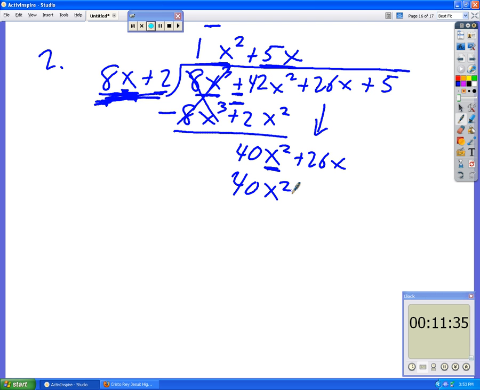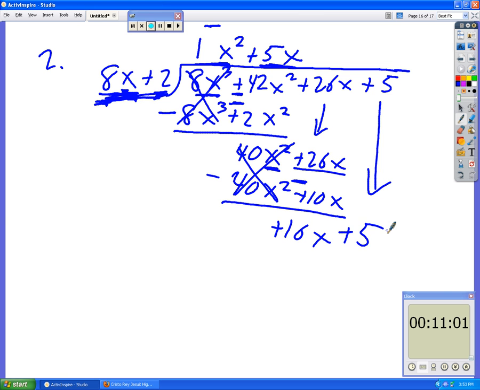Then I take the 5x here times the 2. 5 times 2 is 10, positive 10x. I'm done with that multiplication. I draw my line. I change my signs. Negative, negative. 40x squared minus 40x squared cancels. 26x here minus 10x is a positive 16x. Bring down the 5